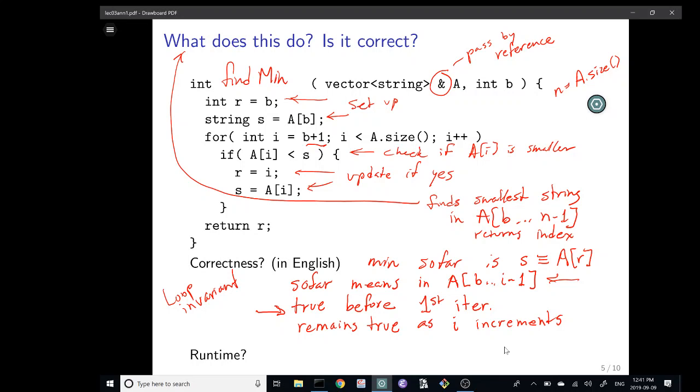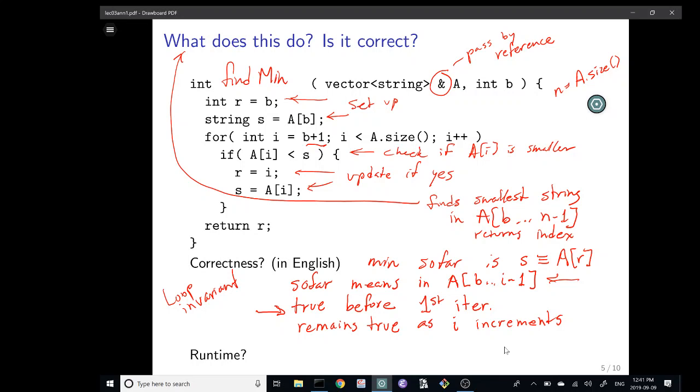But what I really mean by this is to just say that some property, which is the fact that R, and in fact S, is the minimum string that you've seen after you've walked for a certain number of steps starting at B up until the index I, or in this case, index 1.